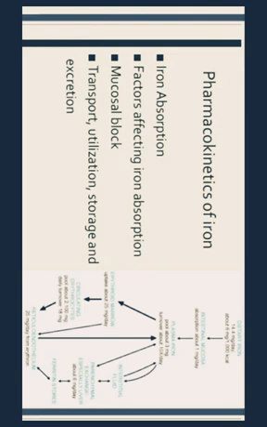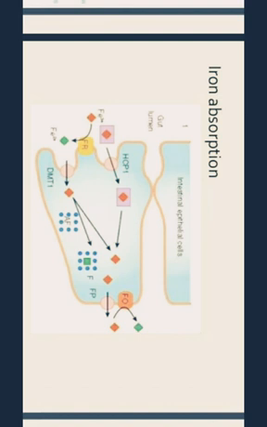Now, we come to the pharmacokinetics of iron: iron absorption, factors affecting iron absorption, mucosal blockage, and their transport, utilization, storage, and excretion. As far as iron storage is concerned, the average daily diet contains 10 to 20 mg of iron per day, and mainly the iron is absorbed